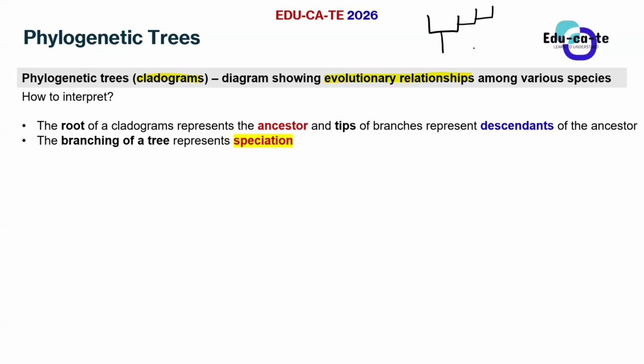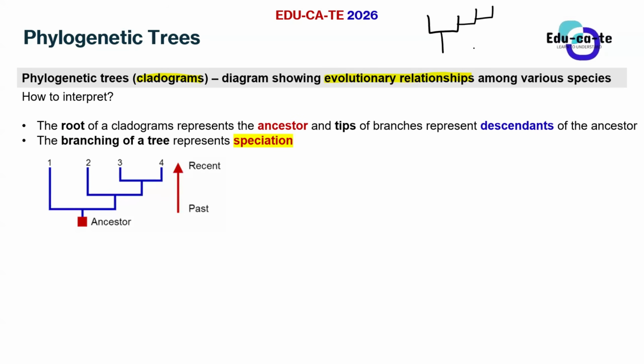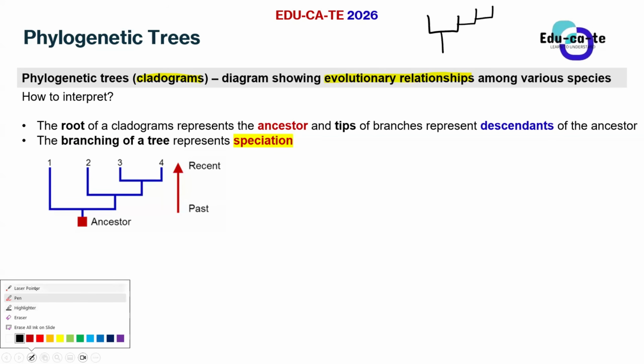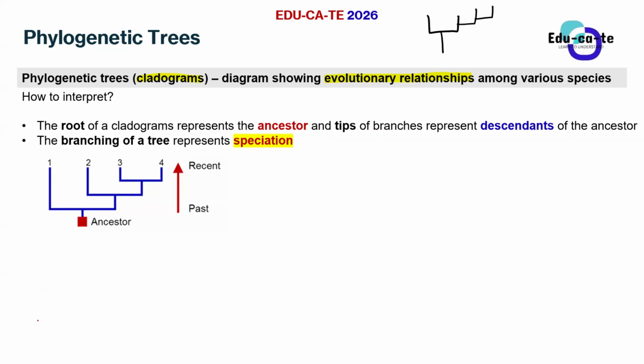All right. So the phylogenetic tree has a root as well as the tips of the tree. When we talk about the root of the tree, it is where the tree begins. Basically, when we want to interpret a phylogenetic tree, we analyze it from the bottom to the top. Okay. For example, this is a phylogenetic tree, and I'm sure you guys can see it. Whenever we want to interpret it, we have to interpret it from the bottom to the top.